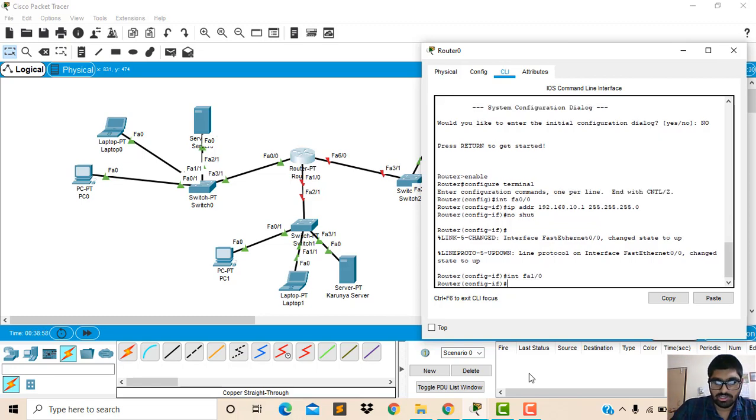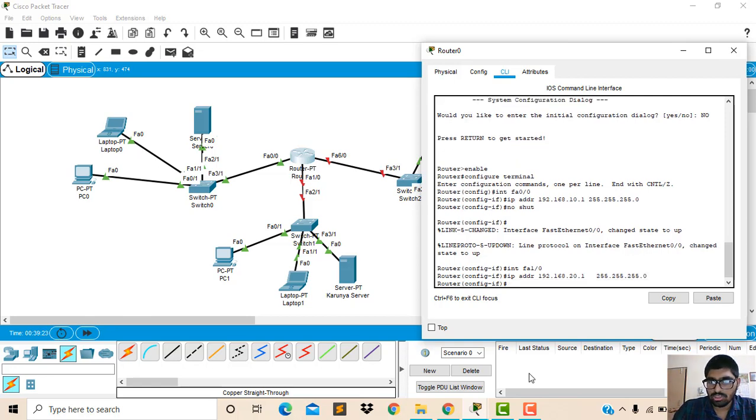Now we have to enter the IP address of the default gateway: 192.168.20.1, and this subnet mask, 255.255.255.0. Enter. No shutdown.